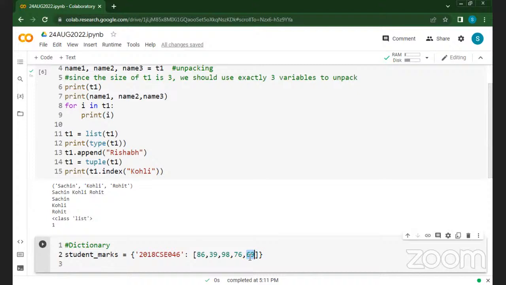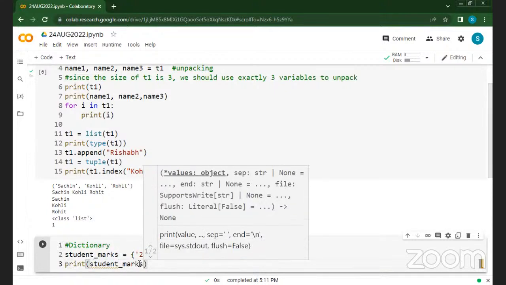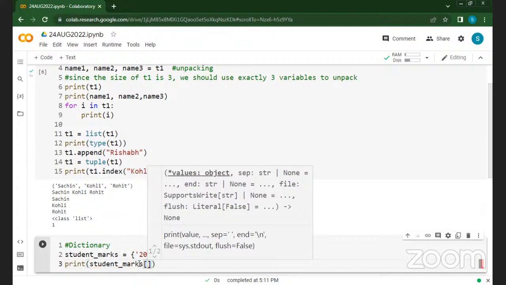Now indexing. How do you do indexing? In indexing, we always call the key, isn't it? So that's what I said. For your tuple and list, by default 0, 1, 2, 3 is the key because that's the default indexing. But in dictionary, we have given our own keys. So if I say print student marks of